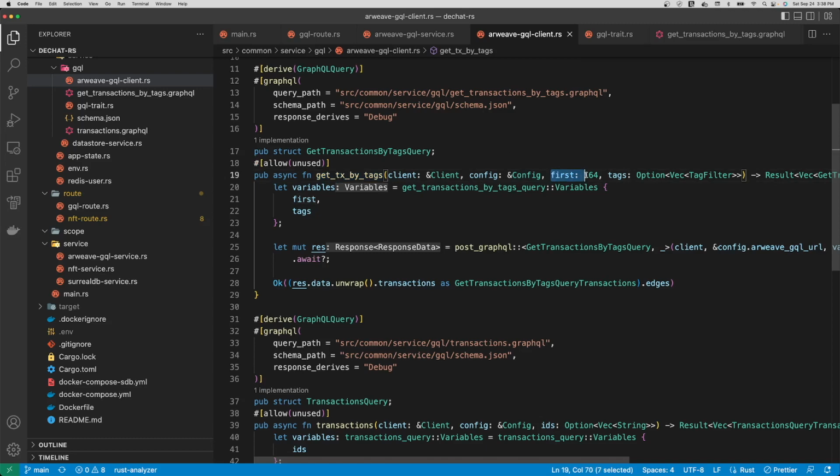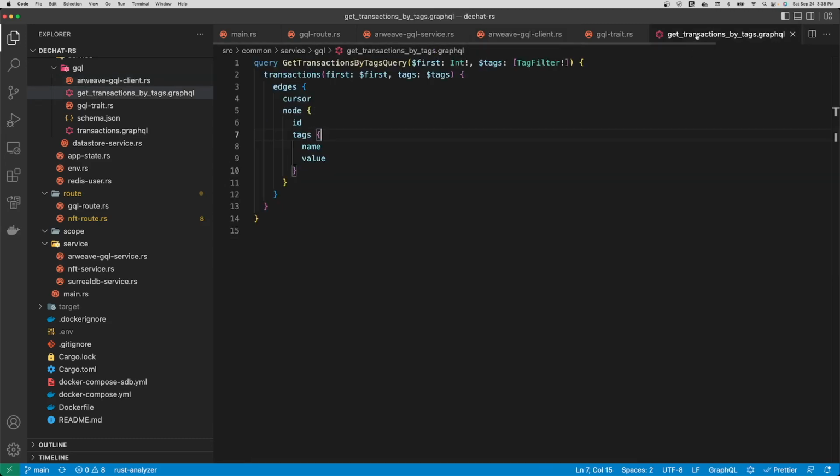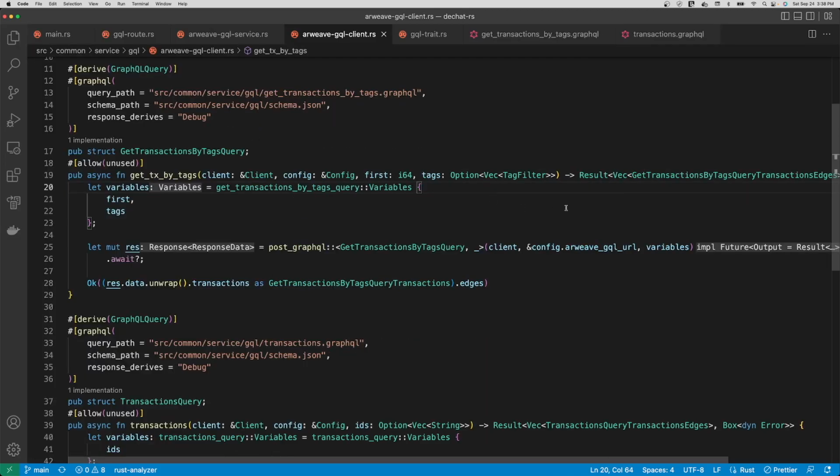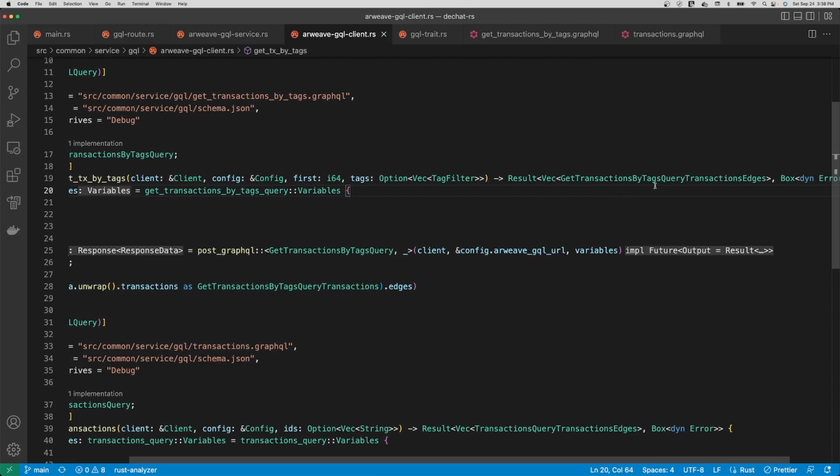And then for this particular query, we have two parameters, as you saw before. So we have these two parameters. One is just saying limit the amount of return data to X number. And then this is saying, hey, filter by these tags. So that's what I have here. And then let's get rid of this. And then our result is going to be,